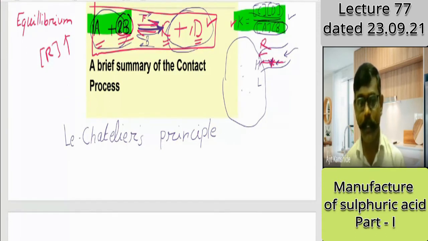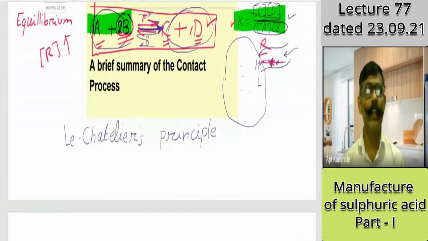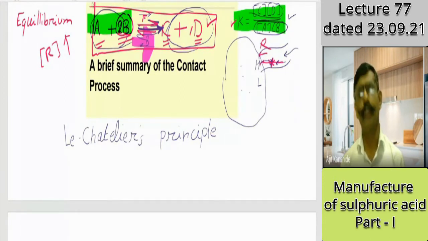Okay, fine. Again I come to the presentation. Now you have to talk because I cannot see the chat box now. I had given you the example where the number of reactants or their concentration was increased. Then what happened? The reaction shifted to the right side. That was the conclusion. Similarly, if the concentration of the products on the right side is increased, then the reaction will shift in the other direction.